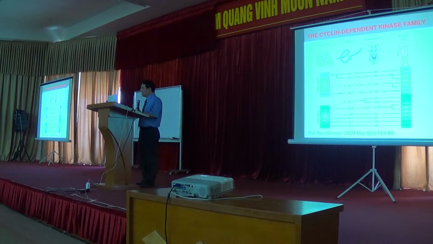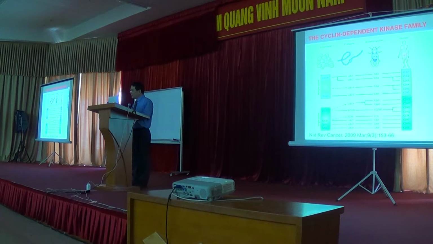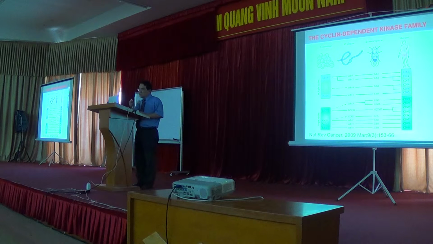But I just want to tell you, the cell cycle progression is not unique to us human beings. As I said earlier, the yeast system has it. C. elegans has it. The worm has it. The Drosophila has it, okay? And that means that all this cell cycle machinery is evolutionarily conserved. Evolutionarily conserved meaning that they are so important for a cell to proliferate. So you get an impression about how these are positive regulators of the cell cycle machinery.